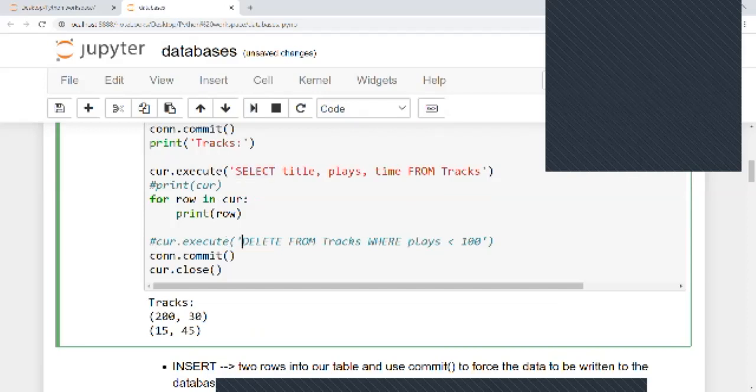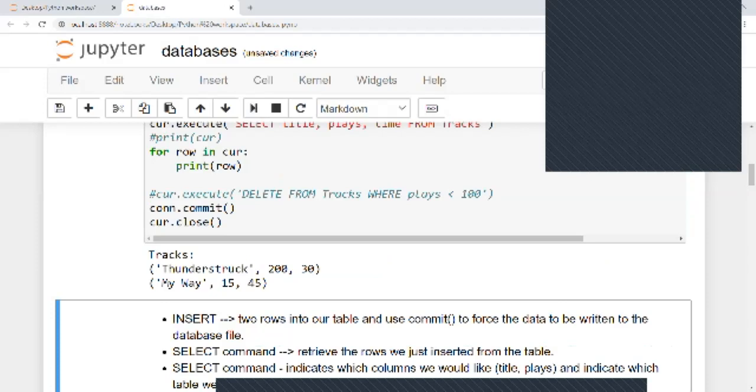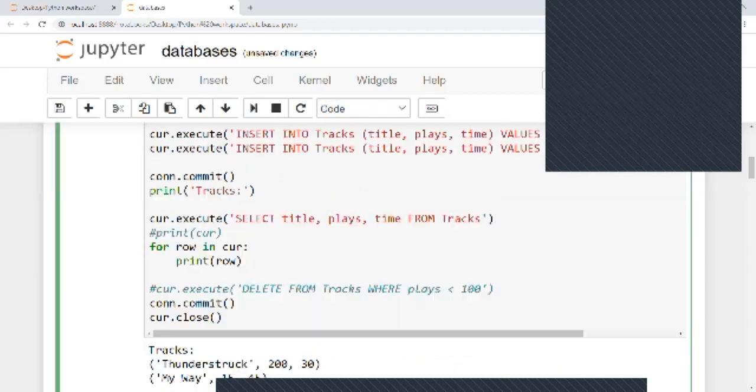I can delete also. I can use the delete function. Delete from tracks where place less than 100. Wherever you have the place of less than 100 values, it will be deleted from the table. Now I just retained it as it is, and let me just